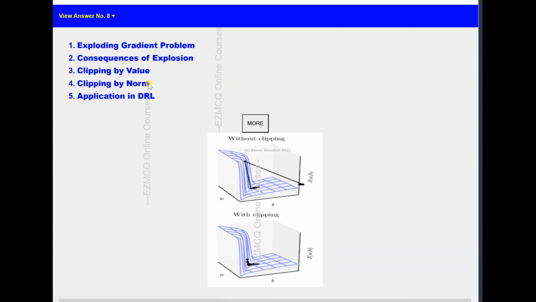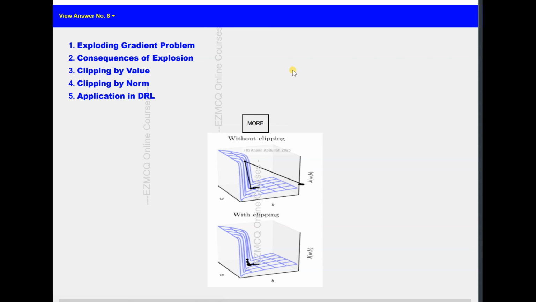So when and how does the exploding gradient problem arise? It arises in RNN when backpropagation over long sequences multiplies the gradients through recurrent weights when they are unfolded. That causes the gradients to grow exponentially. And consequently, this leads to extremely unstable parameter updates, which results in divergence or numerical overflow. So a practical remedy is gradient clipping.